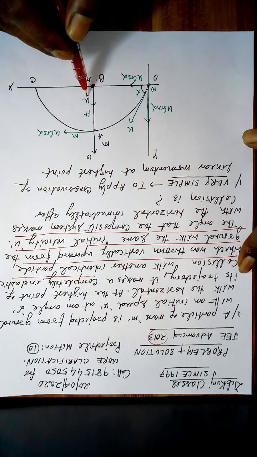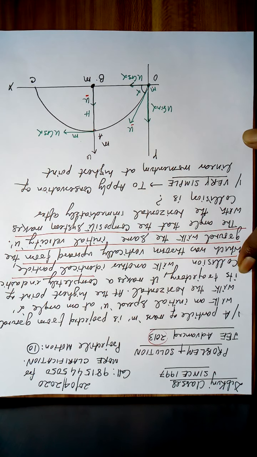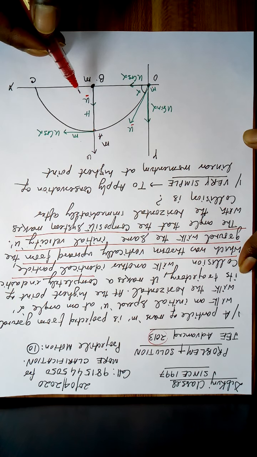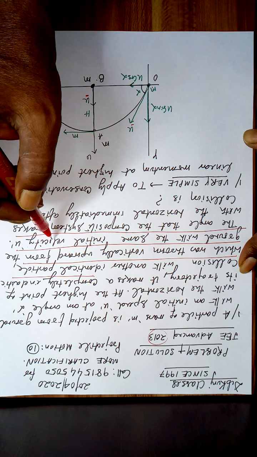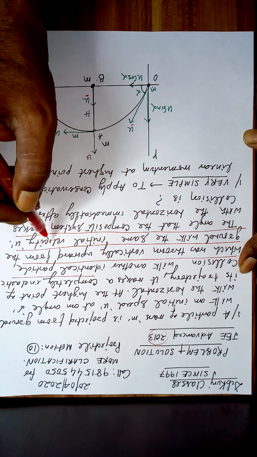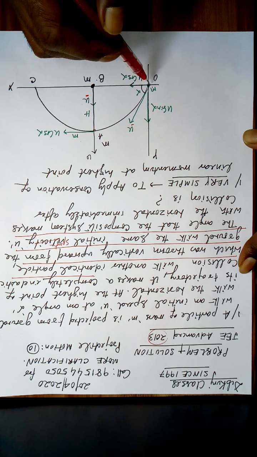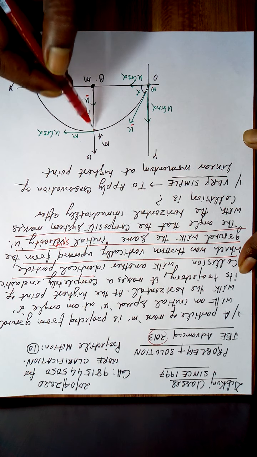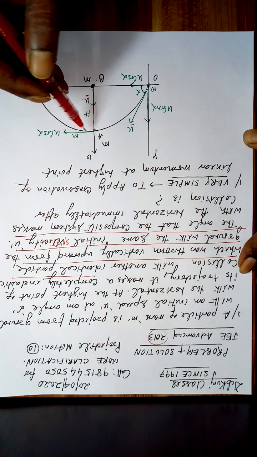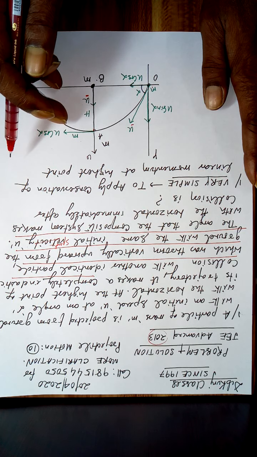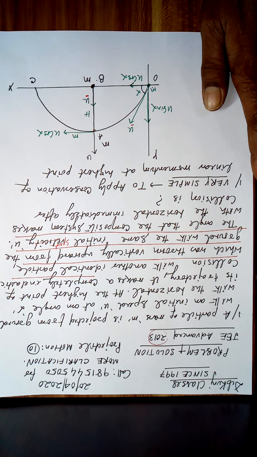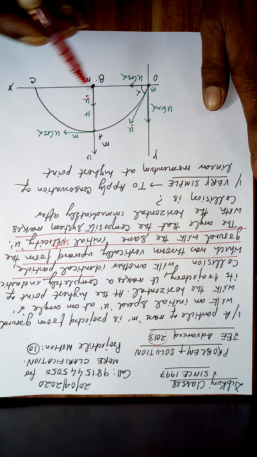This u is the same thing as this u. The values are the same, but the direction is not the same, therefore it is the same speed. I should write here speed. This arrives here, and both of them have a completely inelastic collision. That is, after collision they stick together and become a single mass, m plus m, 2m.